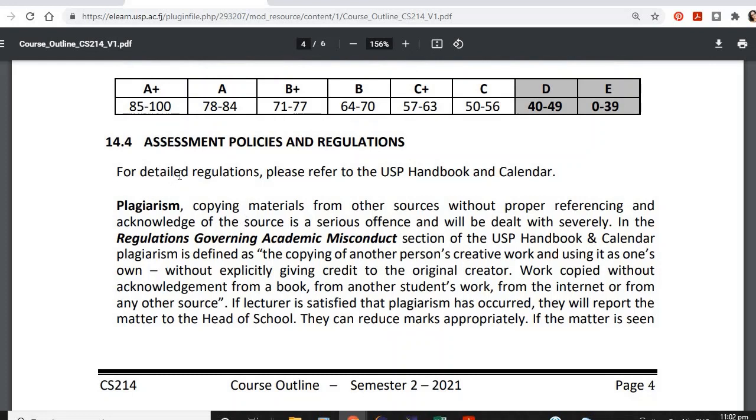For detailed regulations, please refer to the USP handbook and calendar. Now, the most important thing is plagiarism. Please do not copy materials from other sources without proper referencing and acknowledgement of the source. This is a great offense, and you will face serious consequences. You could get 0 marks for assessments that you have plagiarized in, or you could face disciplinary